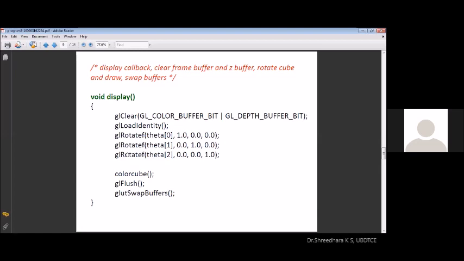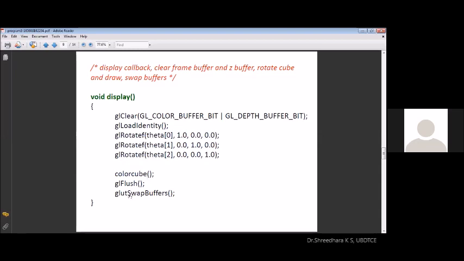We are calling the display function. Now we are calling the color cube function, then GL flush. One more interesting API is required here, that is glut swap buffers. This is required because while one buffer is being displayed, meanwhile, when the user rotates it in the event-driven program, the new data is modified in the other buffer, and by the time it will be swapped, so that the user can observe without any delay in the process.